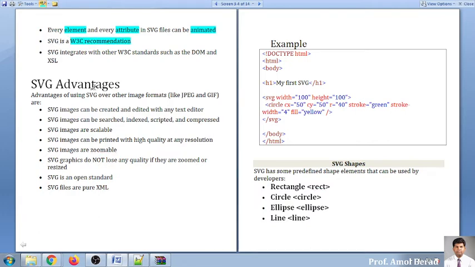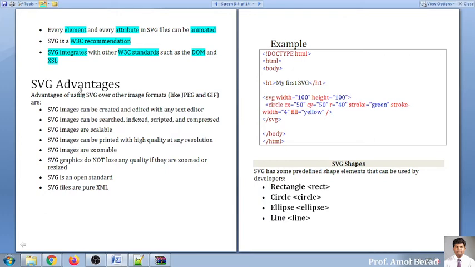You should know the standard for SVG is from W3C, that is World Wide Web Consortium. And last, SVG integrates with other W3C standards such as DOM and XSL. XSL is extensible stylesheet language, which is a part of XML. So you can use SVG integrated with W3C standards like DOM, that is Document Object Model, and XSL.